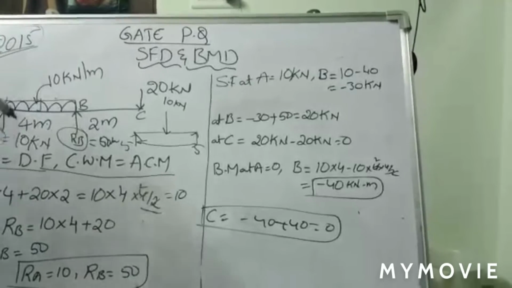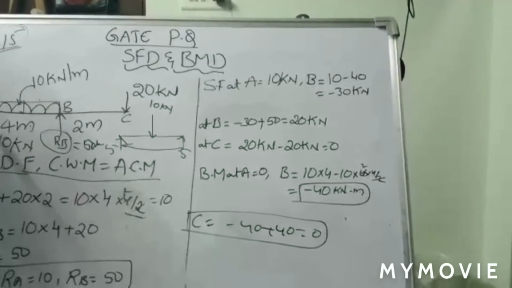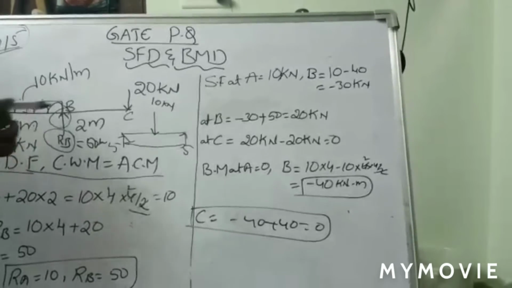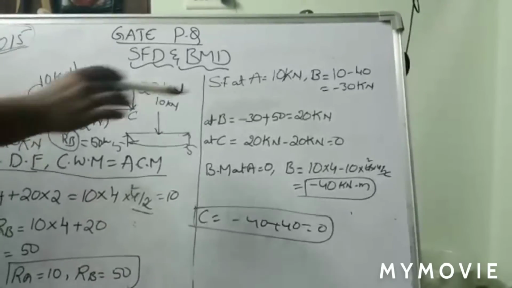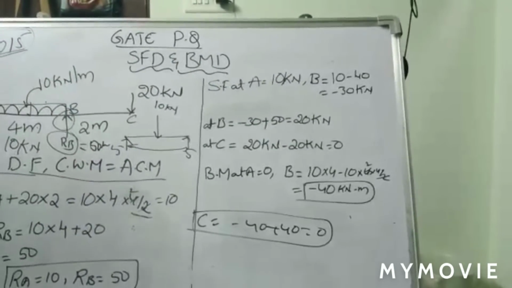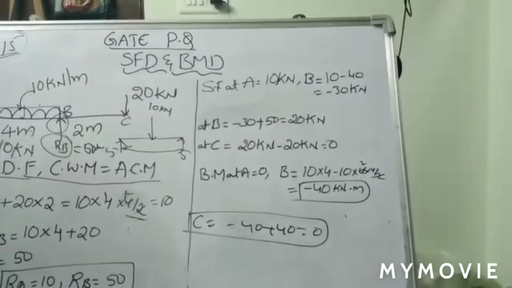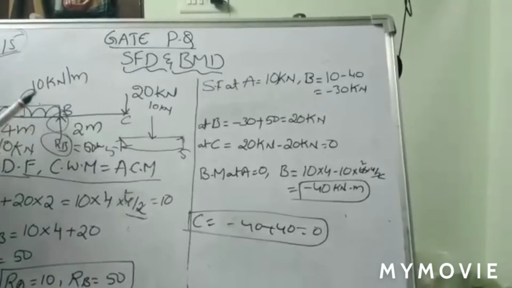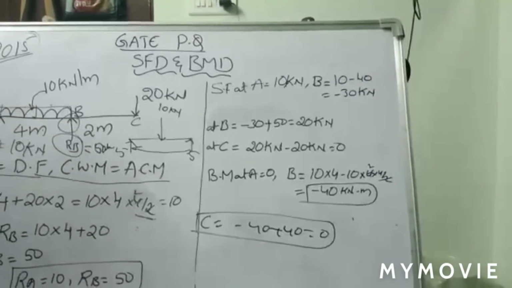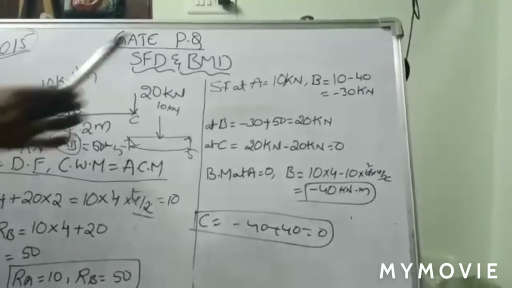Next, at B, because from A to B you are having a value, and again you are having a B value. That means before B and at B. So this value will be before B and this value will be at B. At B, those two values are required at position B. This concept is also very important. At B and before B, those two values are very important.